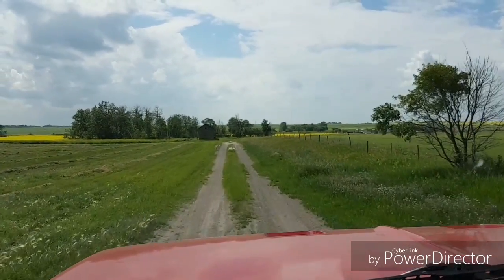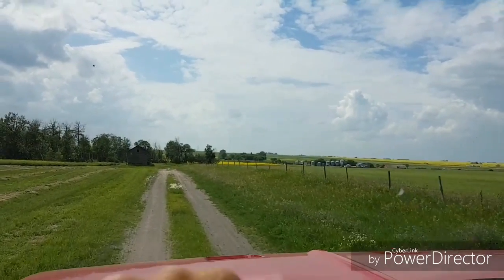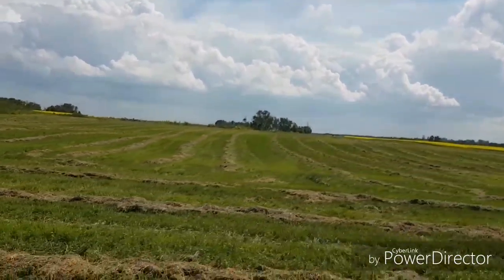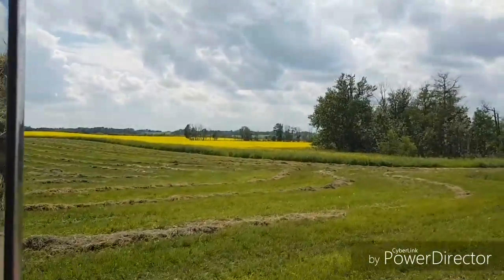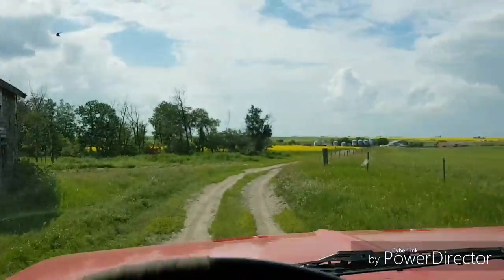Well, you're gonna be disappointed. The guy here who's buying this hay, he's not here right now. He's out baling some of his other hay. You can see his swaths. It's not a bad stand in there. That's pure alfalfa, so that'd be a real good feed, but there's not a super heavy swath, but he's out